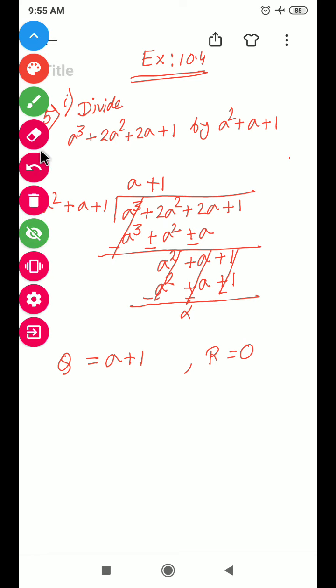Now go to question number 6. Question number 6 is given here: if the area of a rectangle is 8x square minus 45y square plus 18xy and one of its sides is 4x plus 15y, find the length of the adjacent side. So we know that